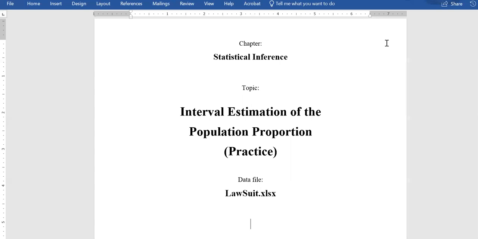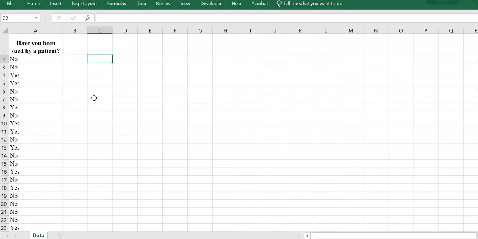In this video, we're going to do another practice on how to create interval estimates for the population proportion. We're going to use data file LawSuit. So here I have the data file LawSuit, and we're looking for a 99% confidence interval for the population, or US, proportion